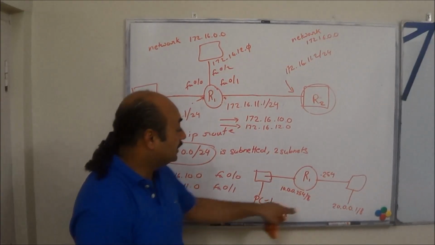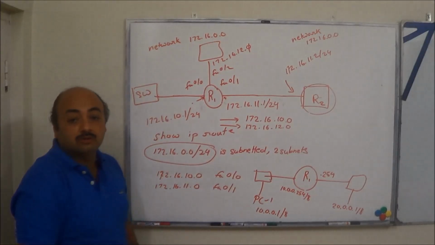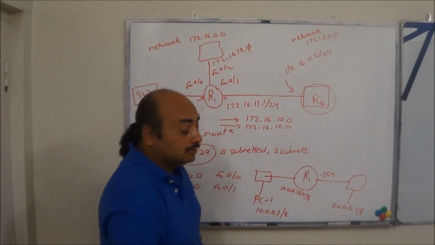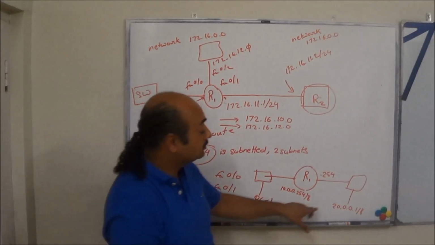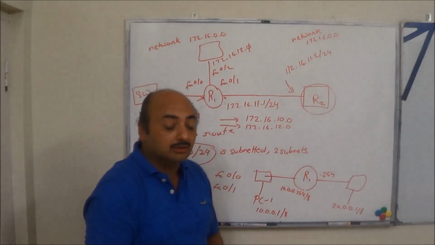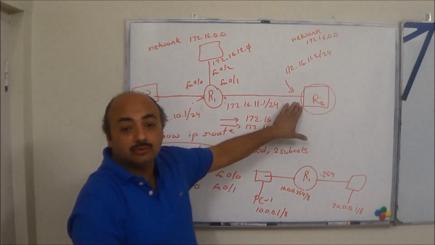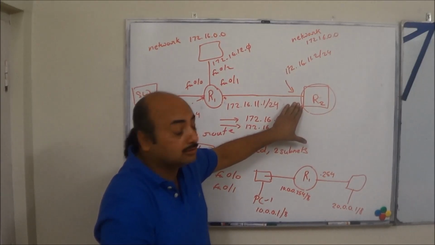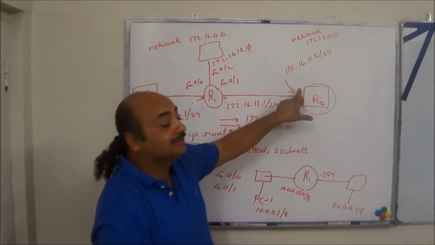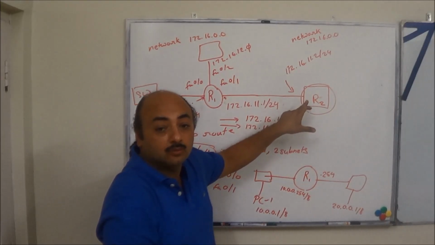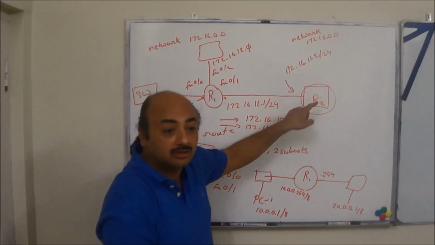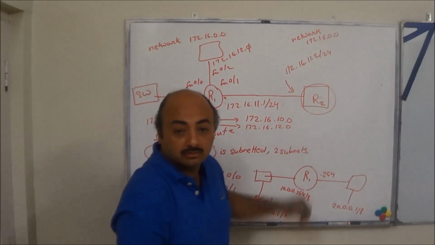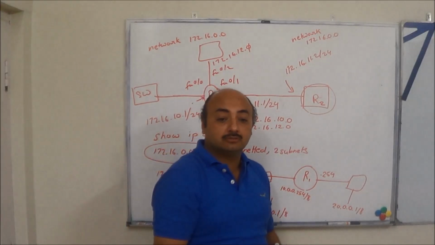So when we had to send from here to here, how did we find out whether that one was a remote network? By an AND operation of our subnet mask with its IP address. Similarly, R2 will do an AND operation with what has been configured as a subnet mask on its interface with the incoming entry. Alright, so we'll take a couple of cases ahead so that you are clear about it.